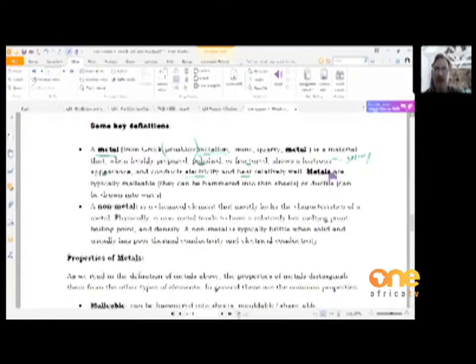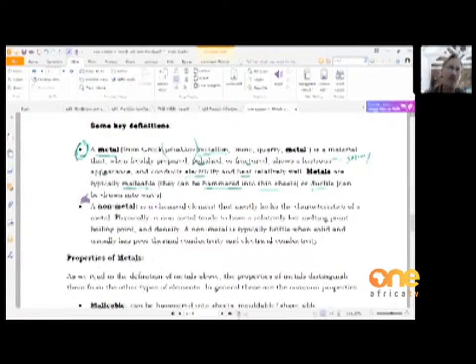Properties of metals. Typically we describe how they are malleable, meaning they can be hammered into thin sheets. Malleable suggests that they are moldable, or ductile, meaning that wire can be made from metals. You can stretch metal into wires. So, all of that should come to mind if we're trying to define what we mean by the term